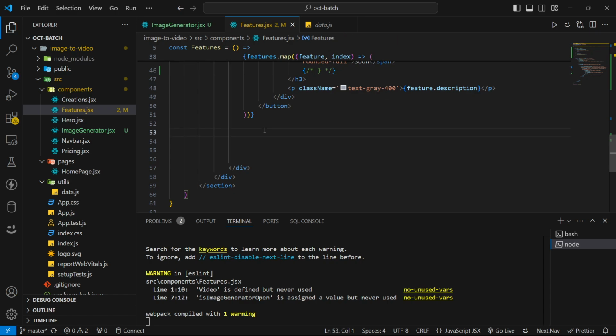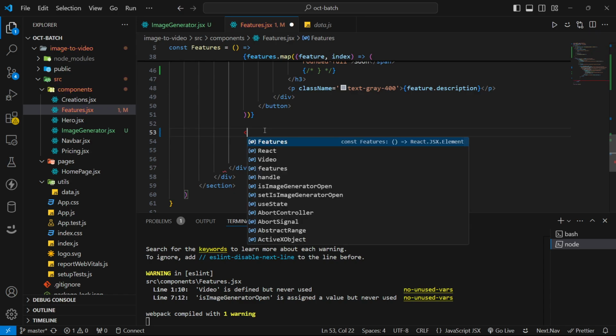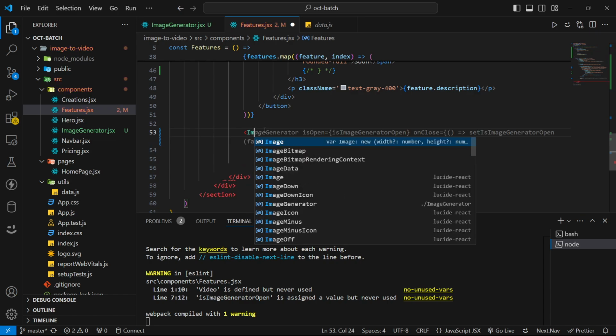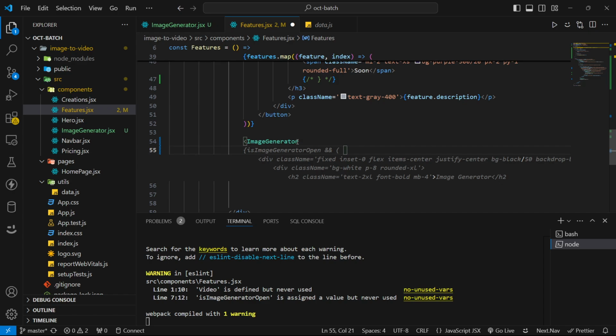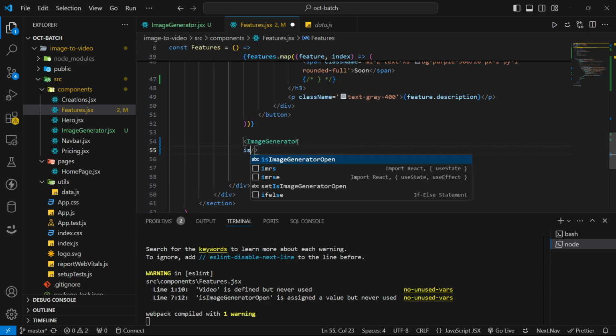And also we have to open that pop-up, right? To open that pop-up, what I have to do is I have to import this image generator. Image generator, we have created that image generator, right? Image generator. So here I'm going to do isOpen, isOpen equal to